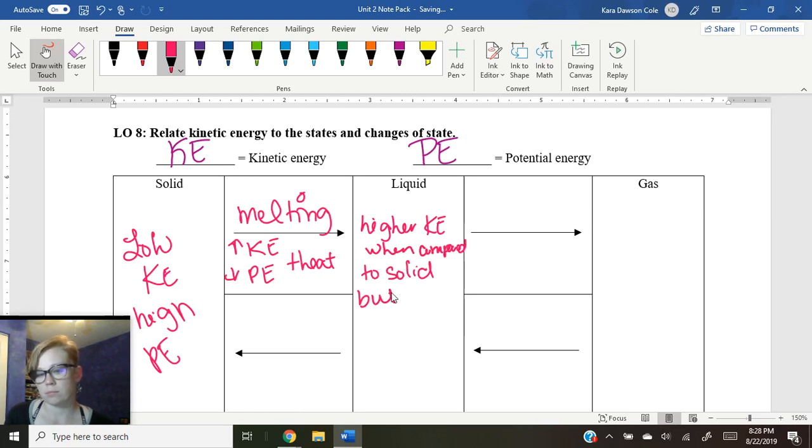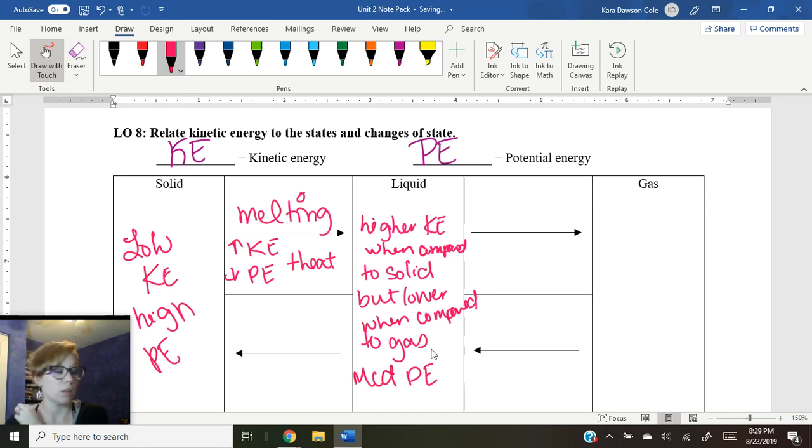lower when compared to a gas. So this has intermediate kinetic energy, intermediate potential energy. So kind of this medium potential. And we can talk about,